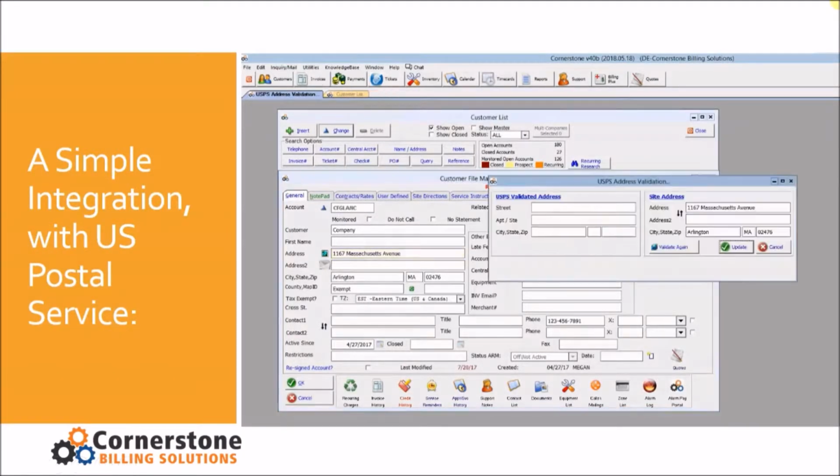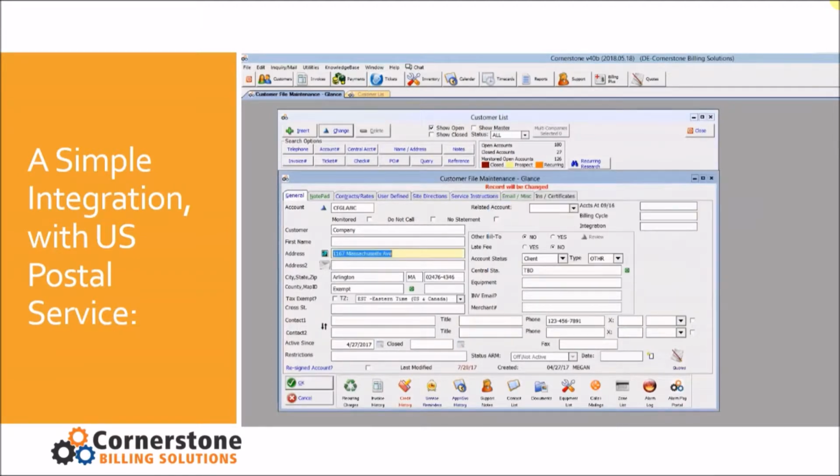So the simple one is shown here in a video, and this is a basic integration with the U.S. Postal Service. So what it does is when somebody enters a customer record, it connects to the U.S. Postal Service and it validates the address information. It brings in a standardized address and it gives you a zip +4 in most cases. That's not a huge deal, but it does ensure that the address you have in your system is a good address. And obviously, if you mail out, let's say, an invoice or some other notice, it increases likelihood of delivery.